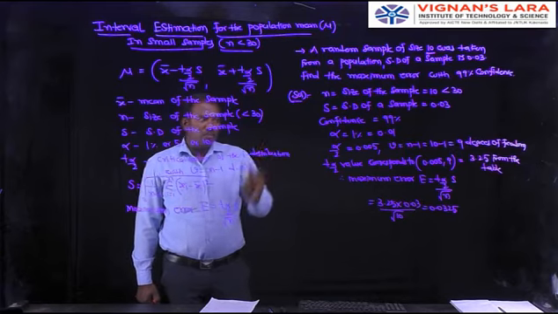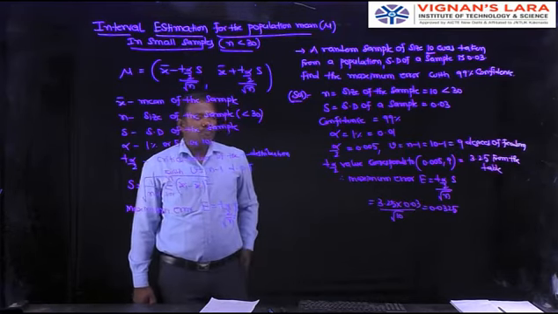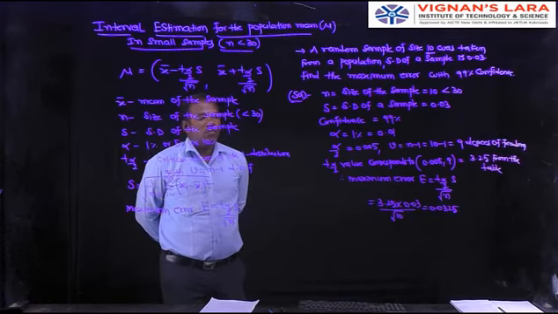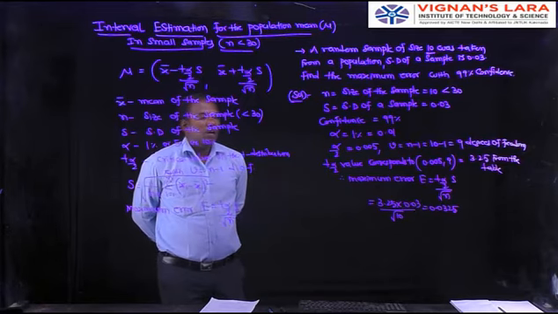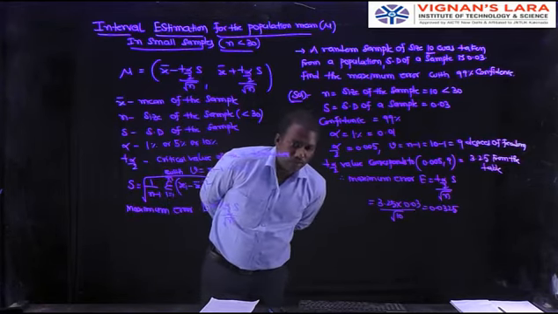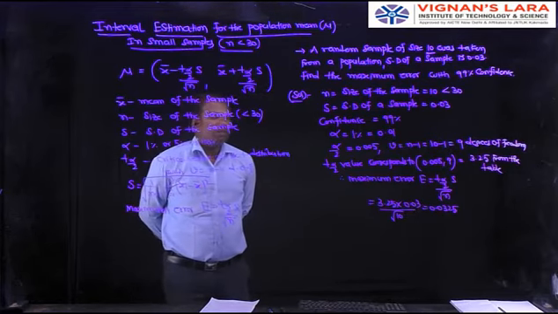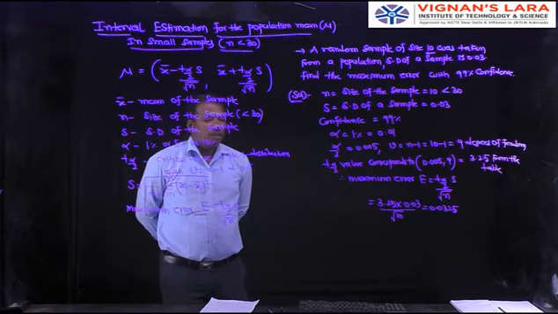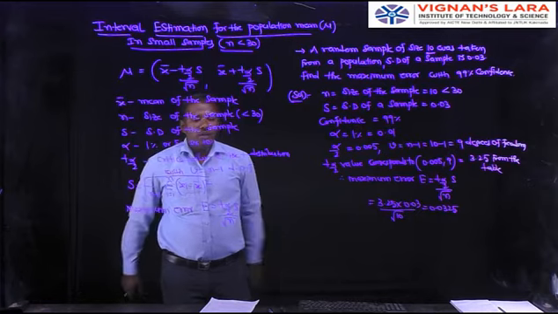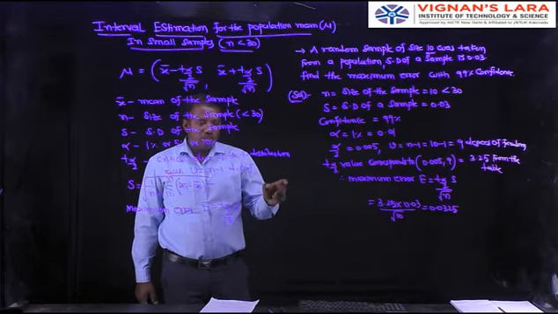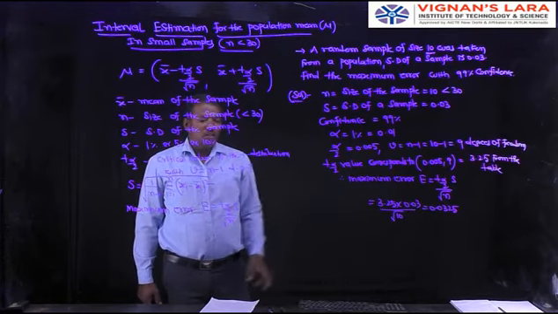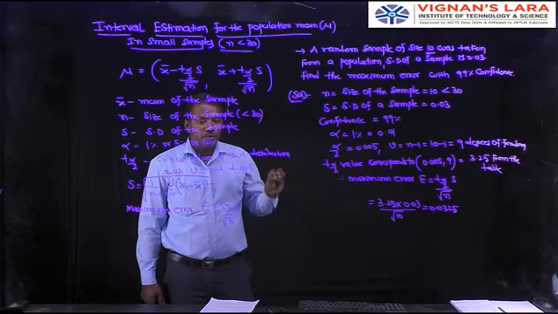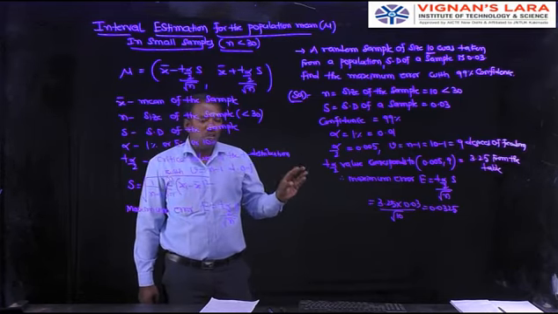Standard deviation denoted by S is 0.03. Confidence is 99%. Alpha is 1%, that is 0.01. Alpha by 2 is 0.005. V is n minus 1. The formula for V is n minus 1. N is 10, 10 minus 1, 9 degrees of freedom. Therefore, T alpha by 2 value corresponds to 0.005 comma 9. That is 3.25 from the T distribution table. It is a direct value from the table.